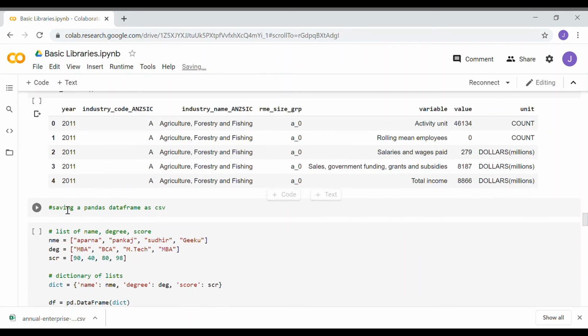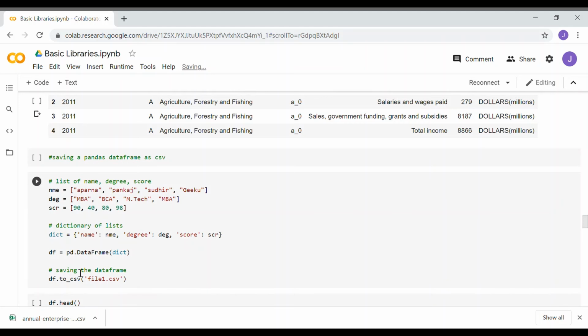Then, saving a pandas data frame as CSV. We are creating a data frame and then saving it into a file. I am creating lists of names, degree and scores, and then a dictionary of these 3 lists: name, degree, scores.